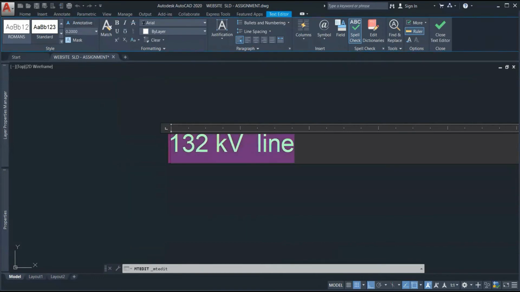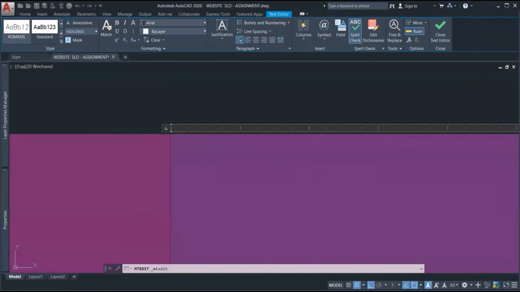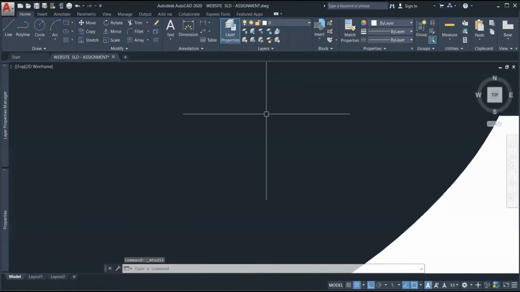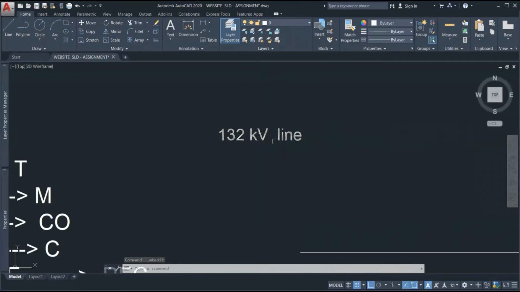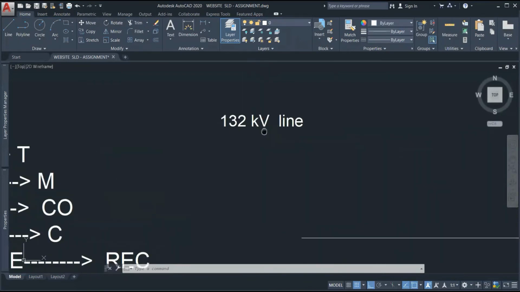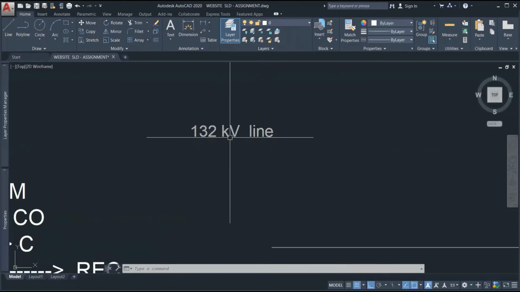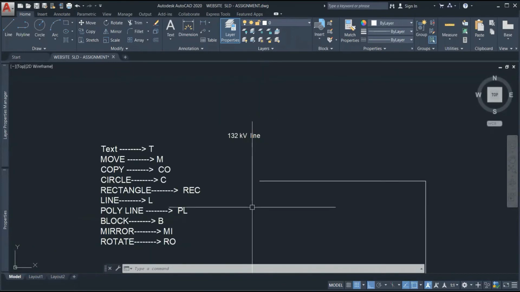Just select the text and write the height you want. Just zoom out a little bit and it will be visible. Okay, so this is how we use the text command T.